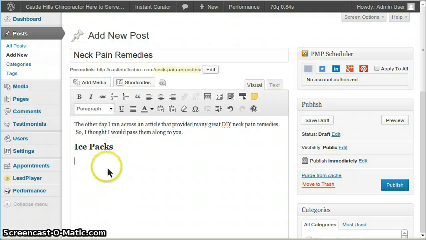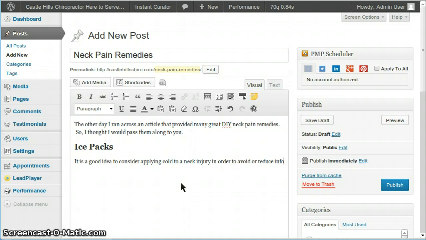So we'll say this is about ice packs, and it is a good idea to consider applying cold to a neck injury in order to avoid or reduce inflammation. Okay, and then maybe you've got a secondary heading here, so a subheading of ice packs, and maybe you